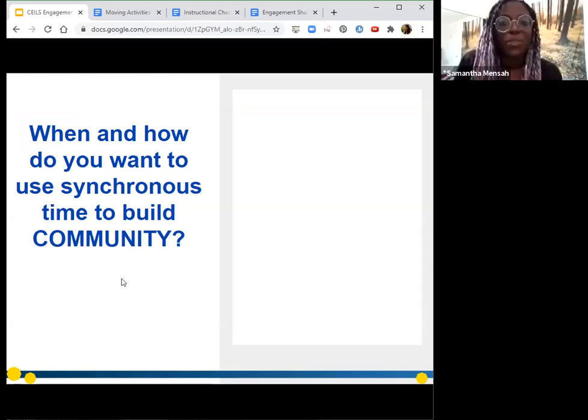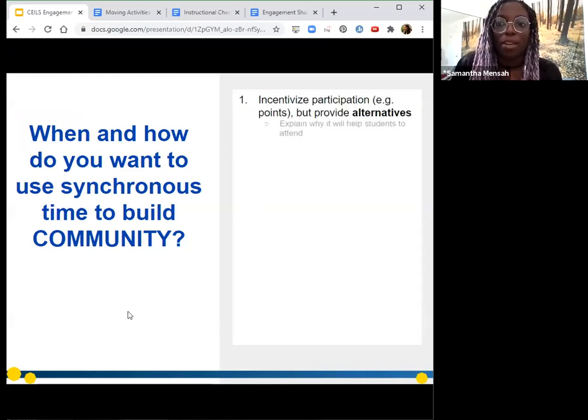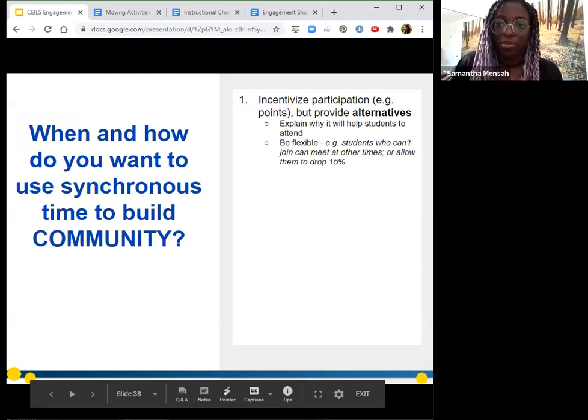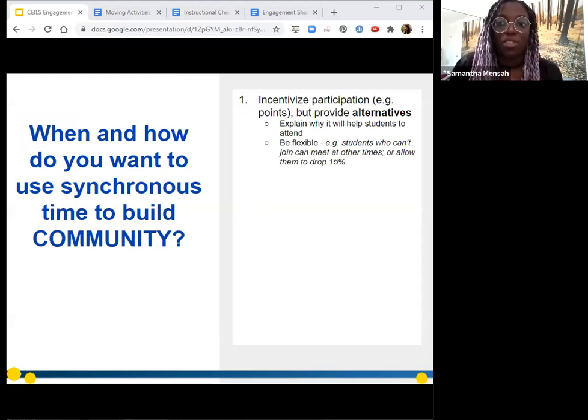So next we want to talk about when and how you want to use synchronous time to build community. Like Shauna said, the feelings of loneliness and things like that have probably been made worse by the pandemic. So how can we use synchronous time to build community? There's two main steps we're going to talk about. The first being incentivizing participation, such as points, but like Shauna mentioned, providing alternatives to these different participation points.